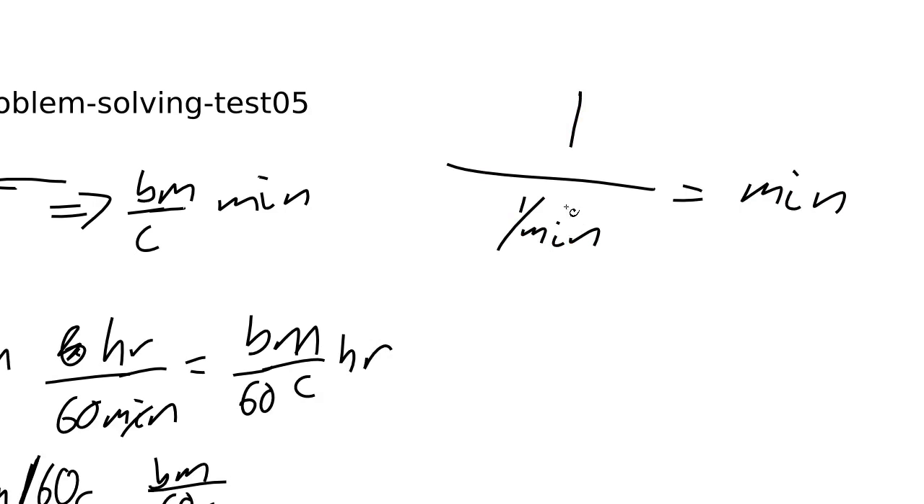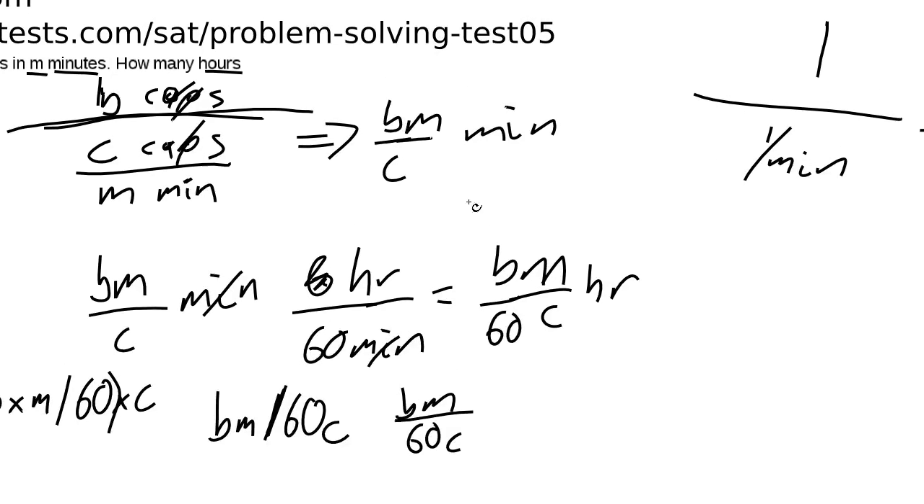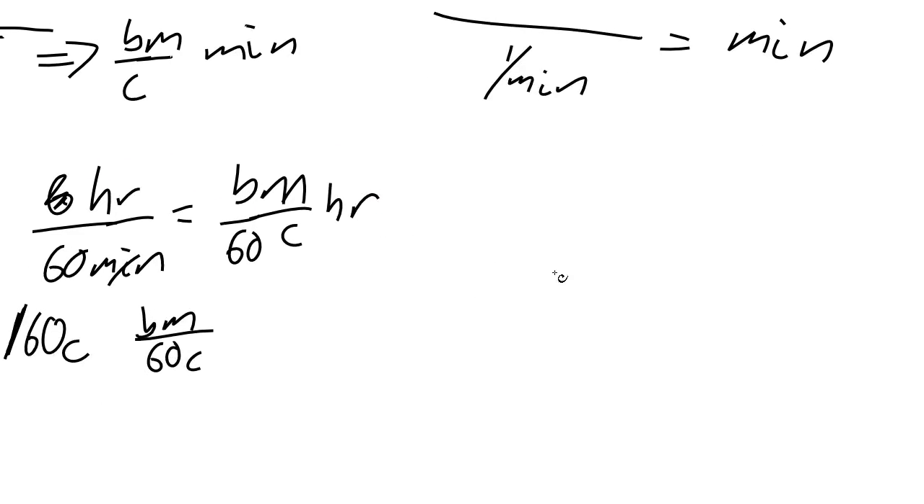I'm effectively doing algebraic manipulations on my units. Then I know that if I get the right units, then I've almost certainly pieced my expressions together in the right way. So that's why when I knew that I had C caps per M minutes,